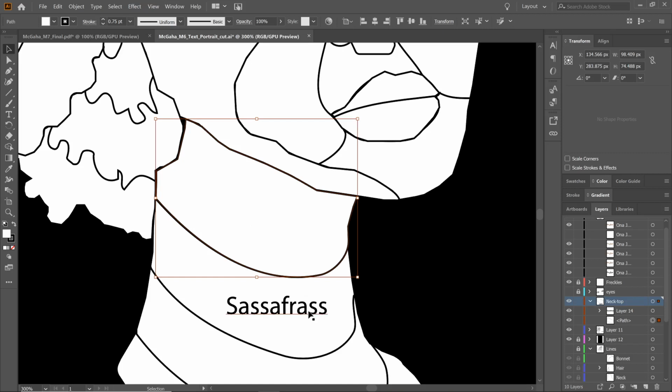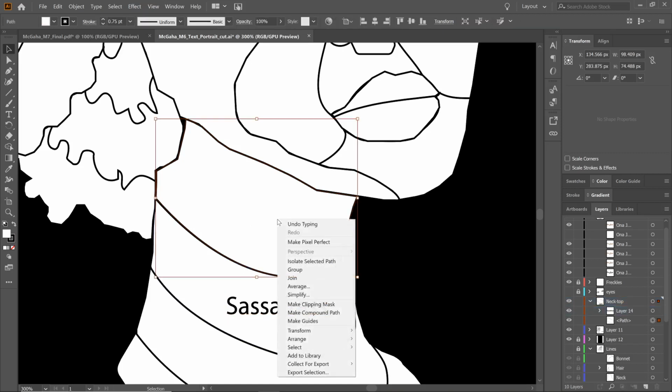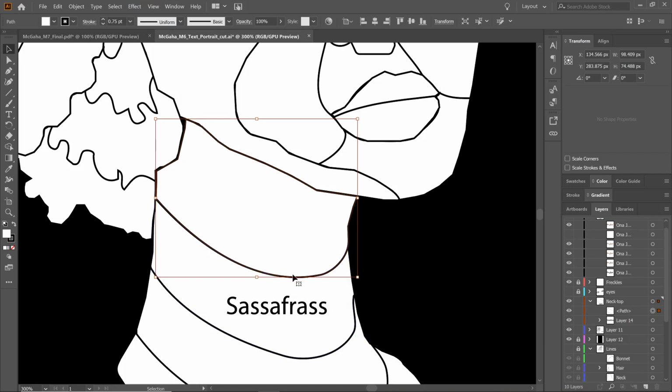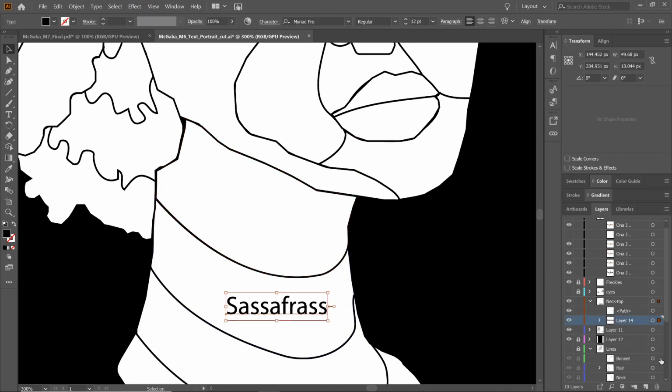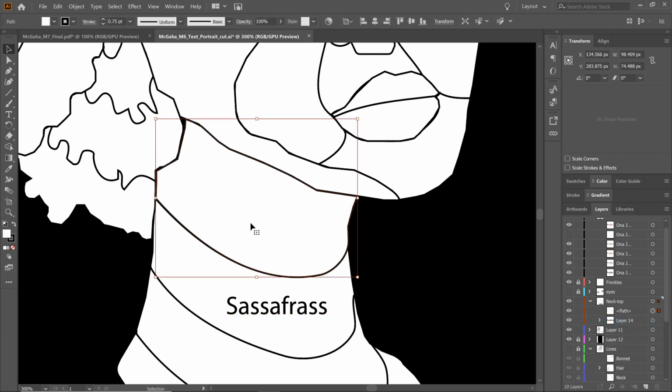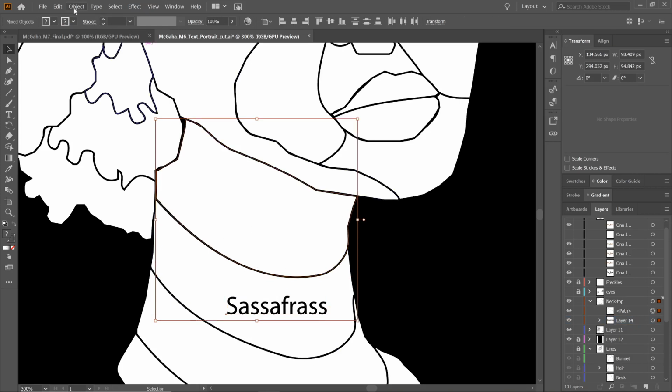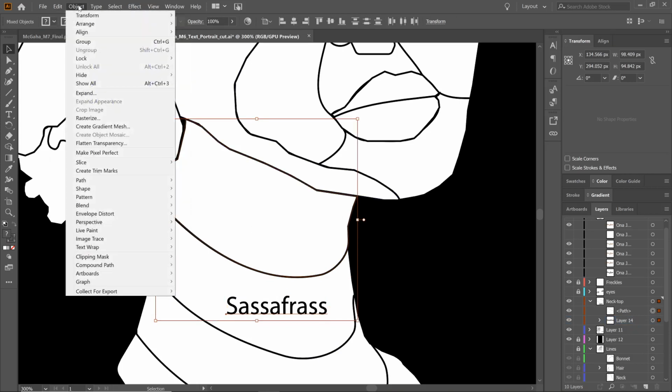Click on the shape you want to warp the text into, right click on that shape, and go down to Arrange, and select Bring to Front. That will make that shape, let's just say, closest to the camera of all the other shapes in this little composition here. Bring to front. Now it's at the front. So the shape is in front of the word, and that should be fine. You click the shape, hold down Shift, click the word. Now they're both selected. See if I can remember how to do this. Go to Envelope Distort, make with top object,